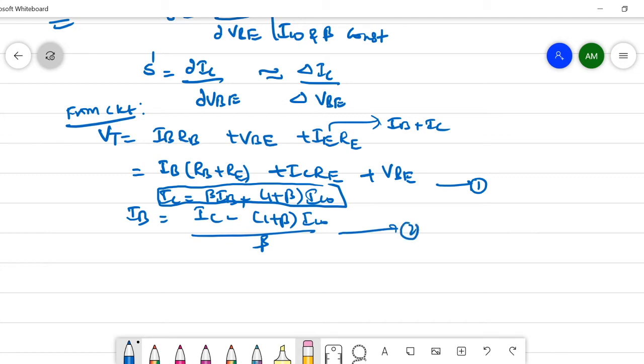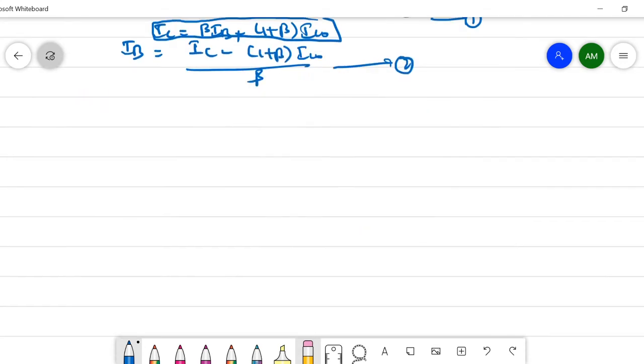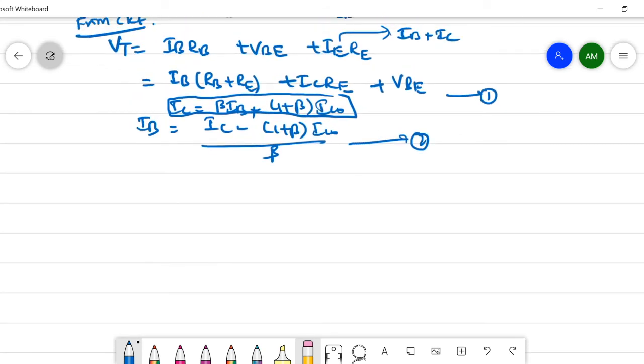This is equation 2. Substitute equation 2 in equation 1. So then VT is equal to IC by beta